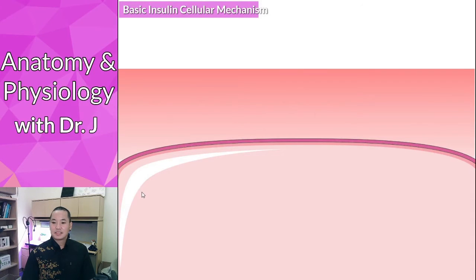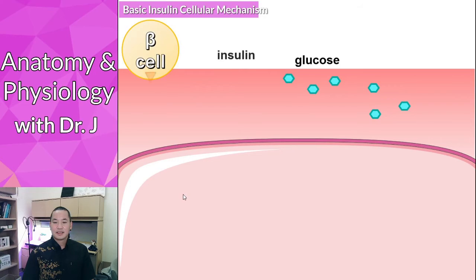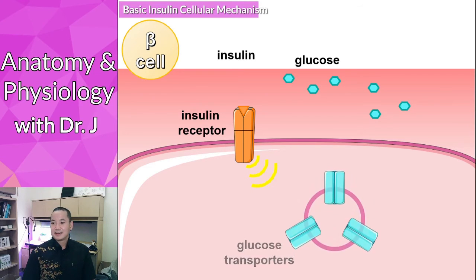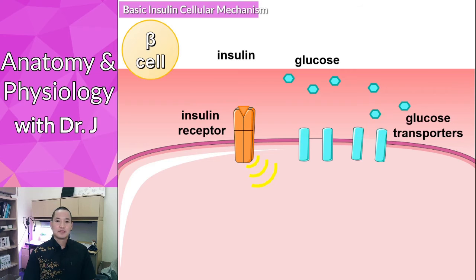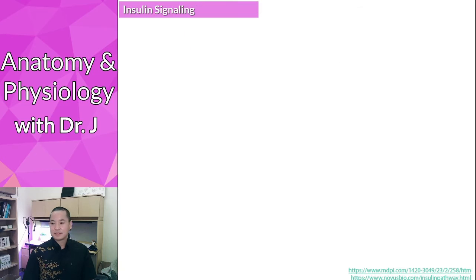All right, so we did cover the basic insulin cellular mechanism. What we have here is all this glucose, and then we have the beta cells that produce insulin, and then insulin binds to its receptor on these target cells. You have these target cells everywhere in your body, or almost everywhere, I should say. And then you have the glucose transporters. When it's at rest, when you don't have insulin, these are contained within vesicles in your cells. They're held in reserve. But once you have insulin signaling, this moves them to the surface of the cell, and now it can absorb glucose from the surrounding environment.